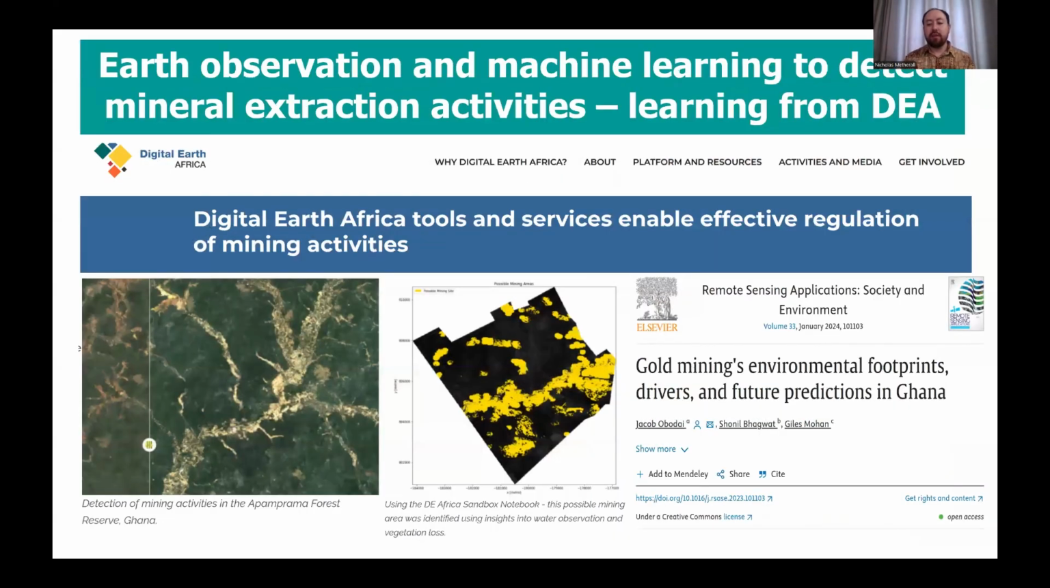In developing this tool, we've been learning from some of our colleagues in Digital Earth Africa and Digital Earth Australia, and some of this work has been done on monitoring gold mining activities in Ghana. And this has been useful for us to see how Earth observation tools using similar infrastructure can be used to monitor mining activities. However, we were not able to directly apply this approach in contexts like rivers in Fiji, and